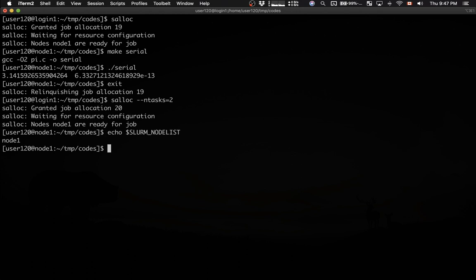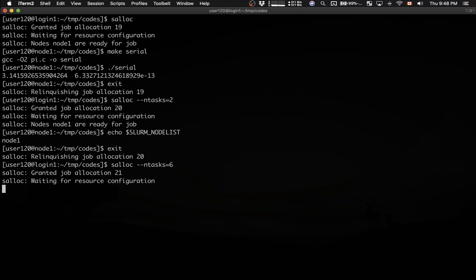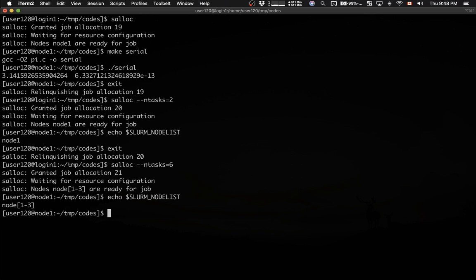And I have 2 processes. Both processes on this node are dedicated to my job. Let me quit this job and ask for, let's say, 6 MPI tasks. We'll wait for the job to start. In this case, I have access to 3 nodes. Each node has 2 cores, and I asked for 6 processes. So nodes 1, 2, and 3 are completely given to my job. If I type echo SLURM_NODELIST, it will tell me that nodes 1, 2, and 3 are now